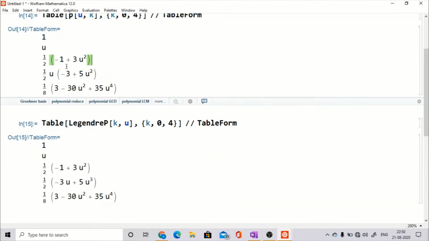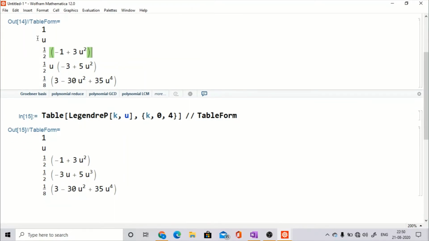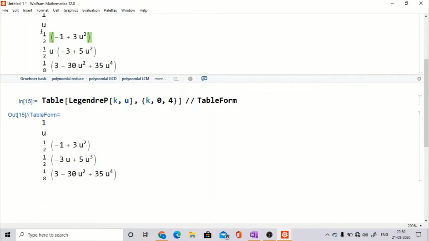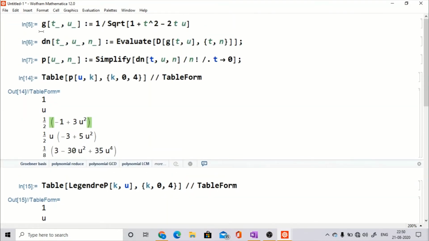The purpose of showing this example is that it is not always necessary that there is an inbuilt function available of your choice. If that is the scenario, then you can make your own inbuilt function according to your convenience, and then you can use it further. Okay, so this is how you can solve such problems and generate these special functions. So this is the first problem.